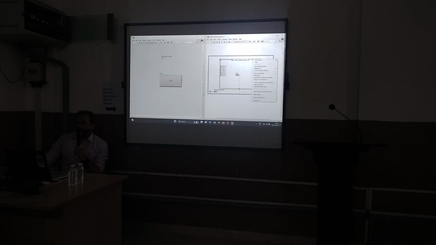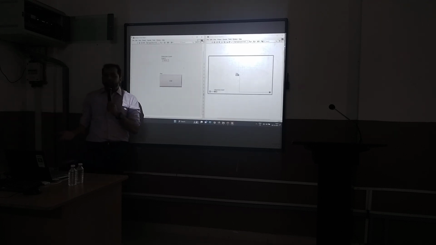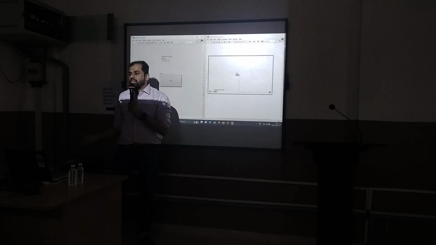Now if I remove the event structure, just right click and remove event structure will be available to you. Now if I run this, you will see the iteration count goes on increasing continuously. So the while loop was iterating because there was no condition given to it.